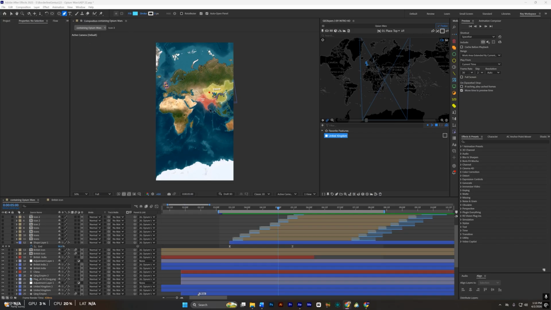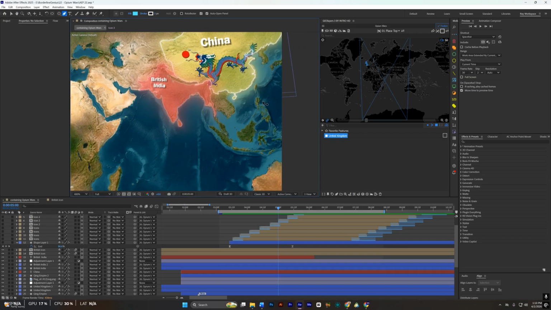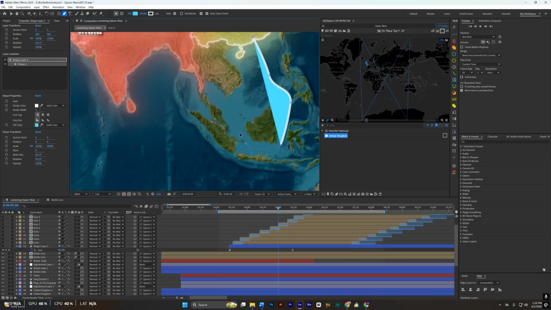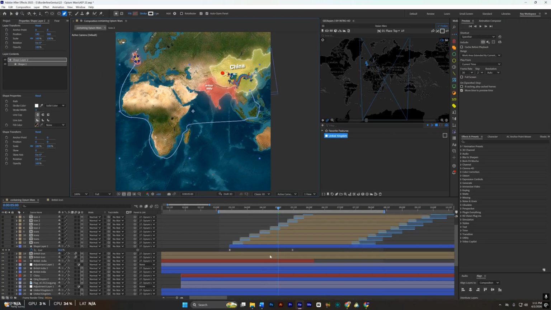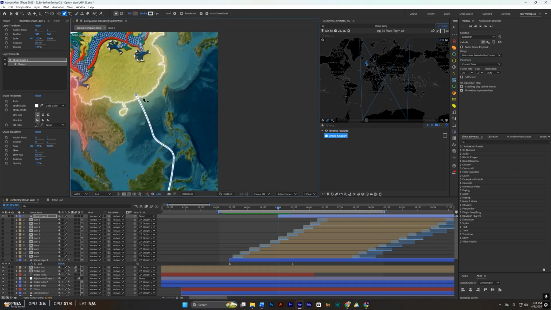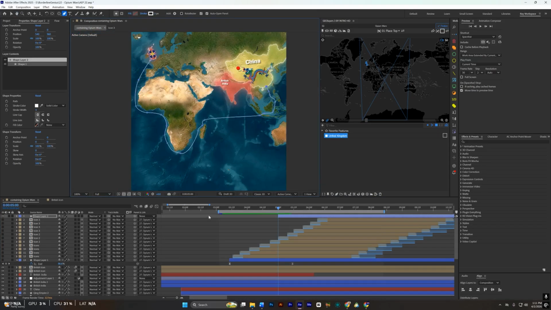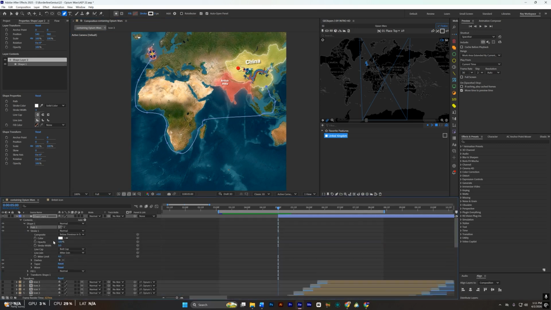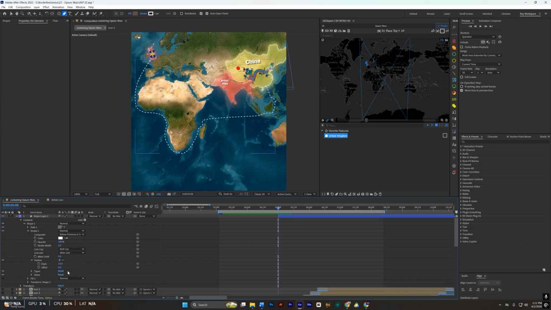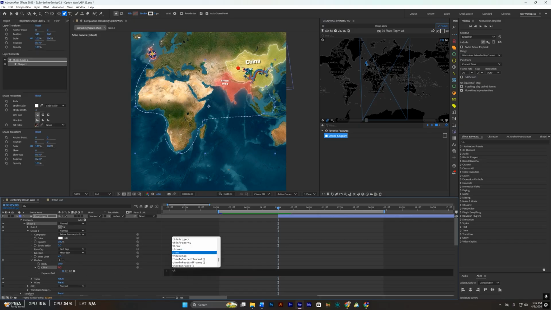So let's draw the path. So it starts somewhere around here. So this is basically our path. Next I'm going to stylize this path a bit by going to the stroke and turning some dashes into it like that, and then I'm going to offset this and click the stopwatch icon on the offset and apply this